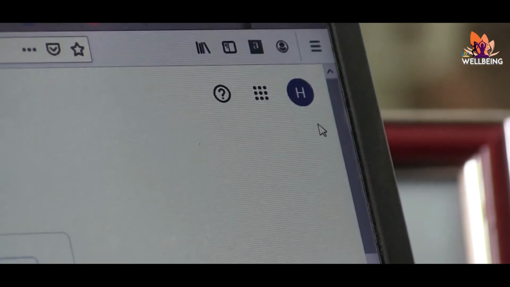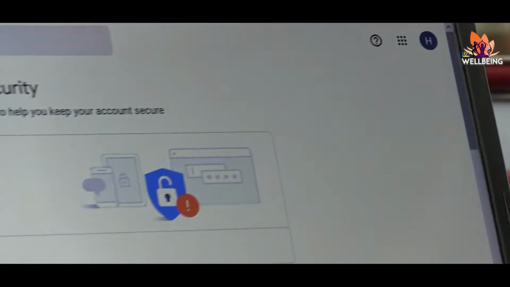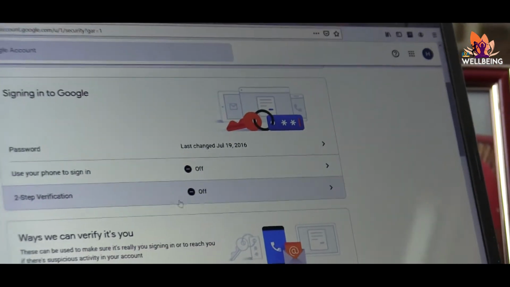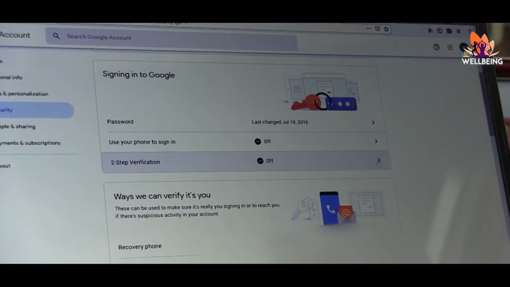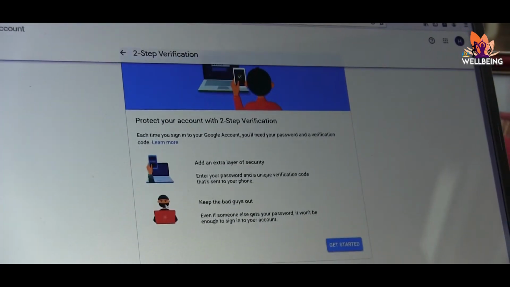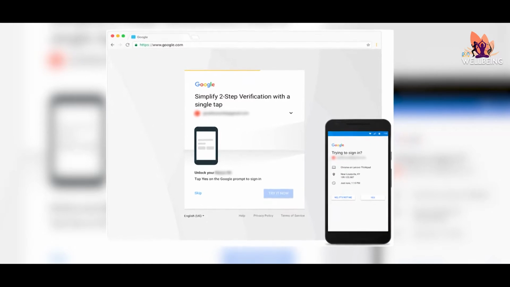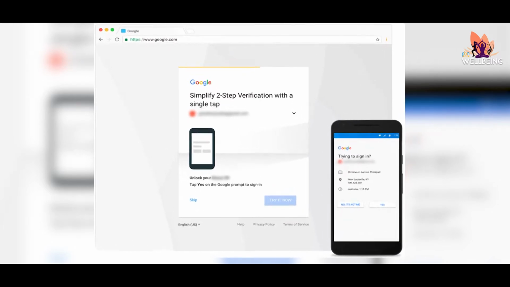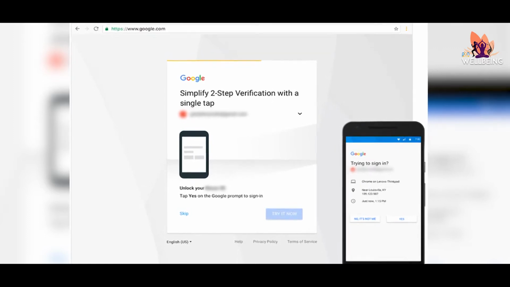In Gmail settings, you will find the security tab, under which you will get two options. One is using the two-step verification process. Two-step verification is a process wherein you log in with your actual Gmail username and password, and Gmail will send a prompt SMS to the mobile number you have registered with your Gmail account. Only after entering that 6-digit code will the user be able to log into your Gmail account,